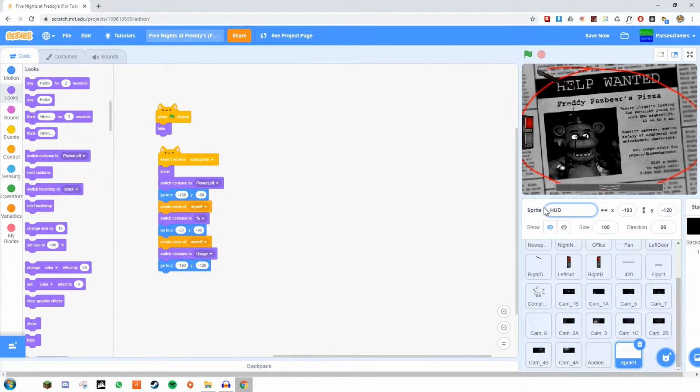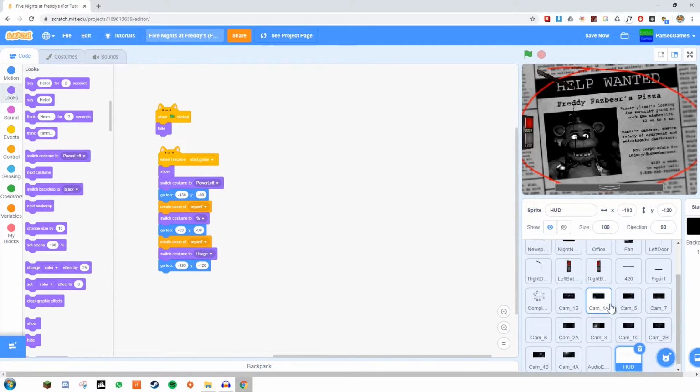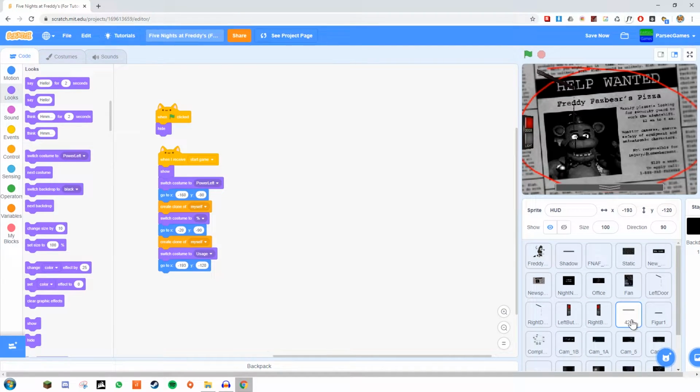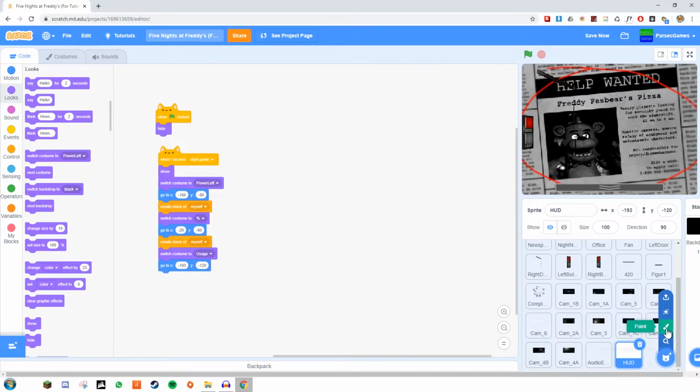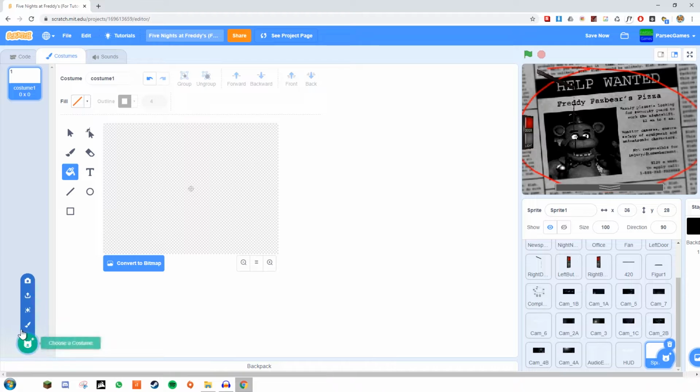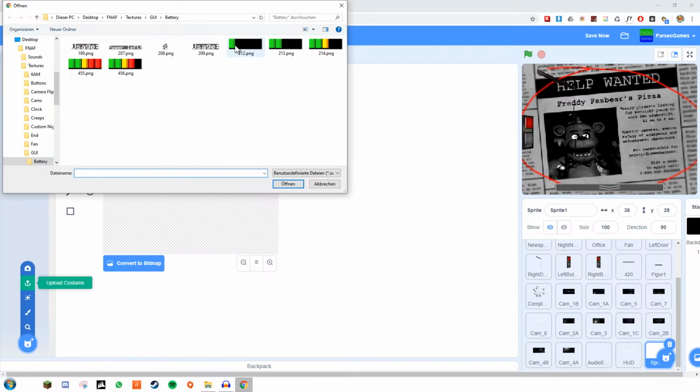Okay. So now what we're going to add is the actual usage sprites. We're just going to rename this to HUD. I like to have every sprite with an actual name, except for these two. I don't know why. I'm not going to change them now. That's going to stay that way. And now we're going to add in a new sprite and import these